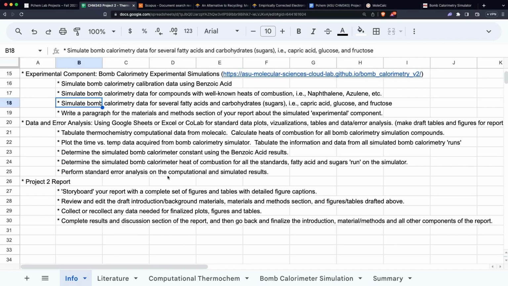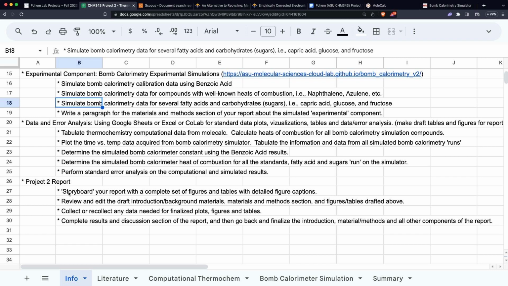Now we'll move on and look at some of this data. If we've followed this workflow, we'll already have some of the data in a spreadsheet program or in something like Colab or a scientific plotting package. So we can continue to do some of the advanced data analysis and calculations and error analysis associated with this. And again, along every step, you can start adding these figures and tables into your report